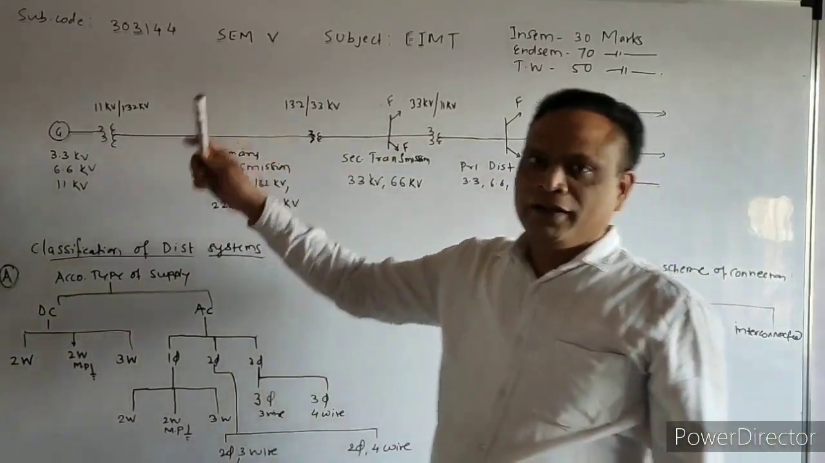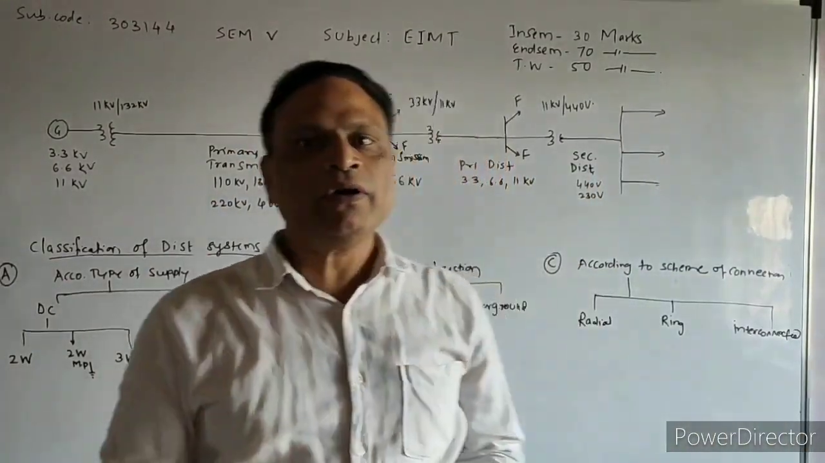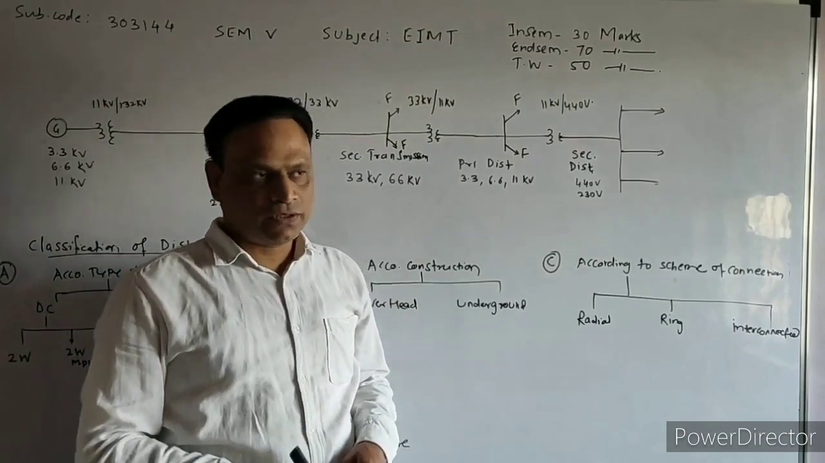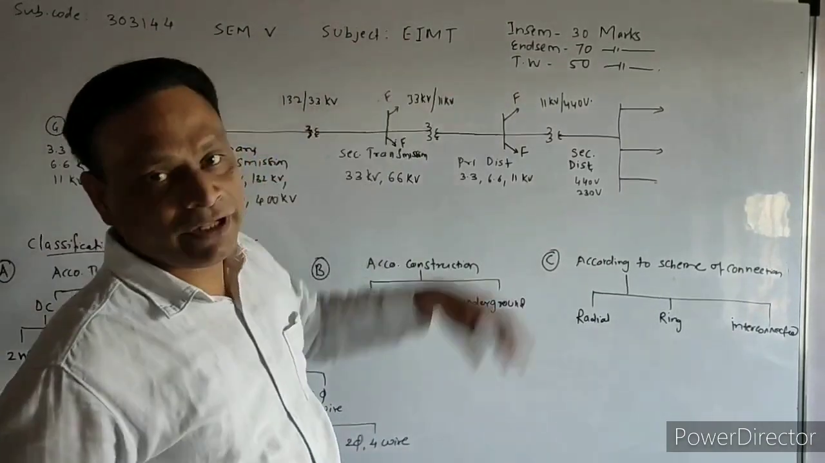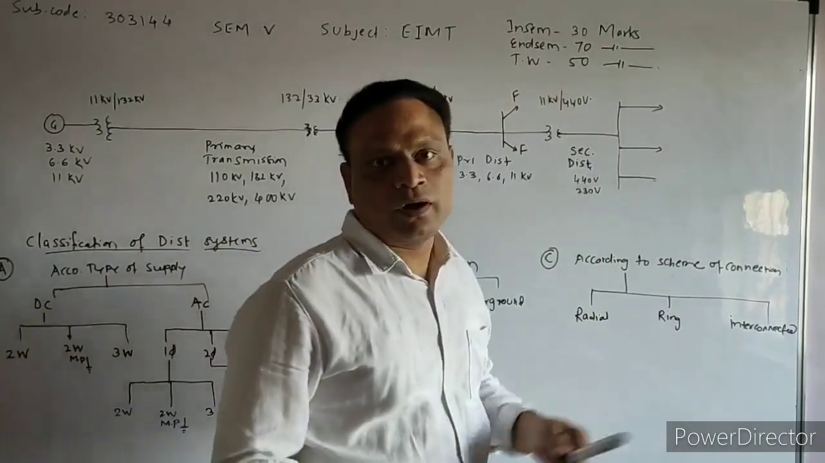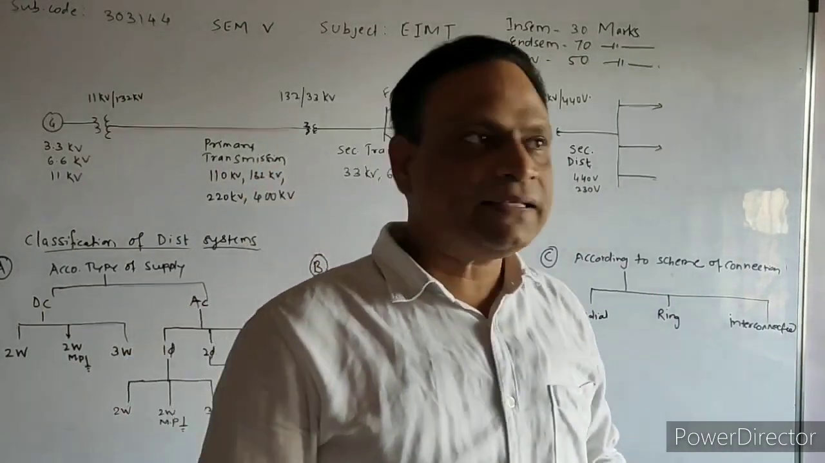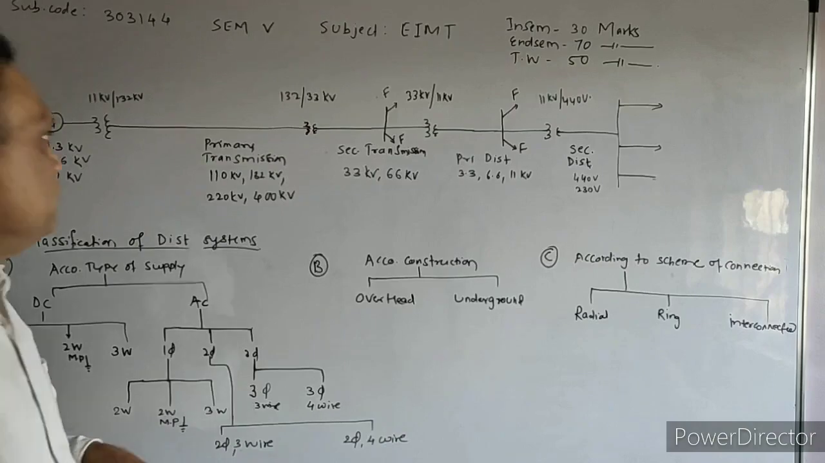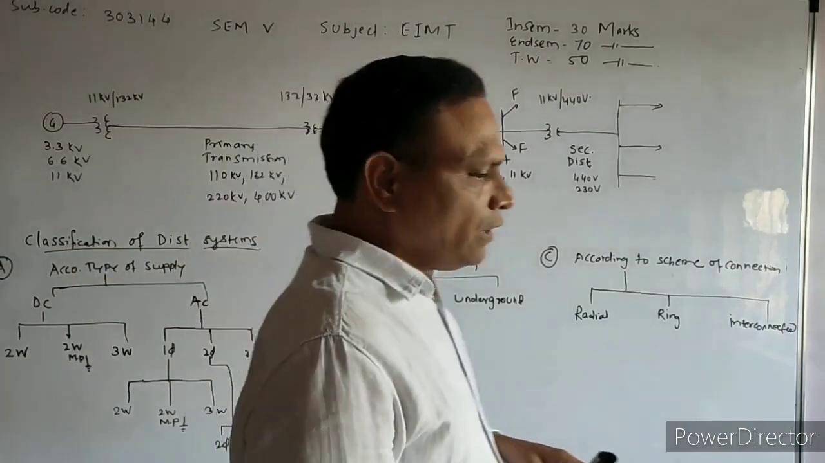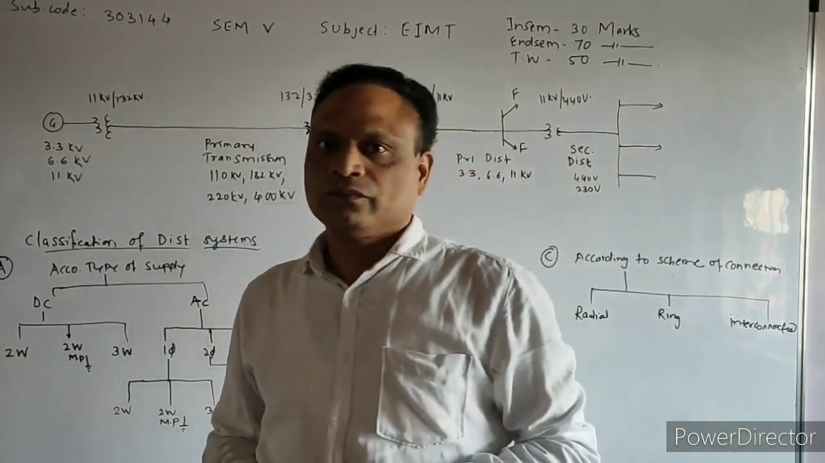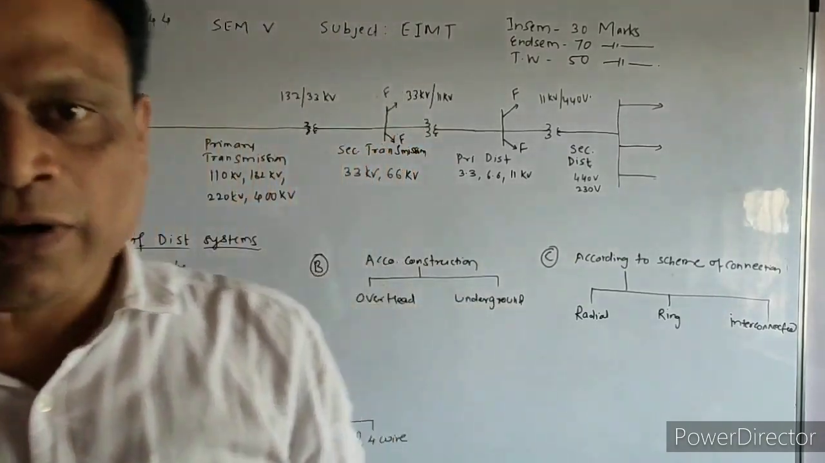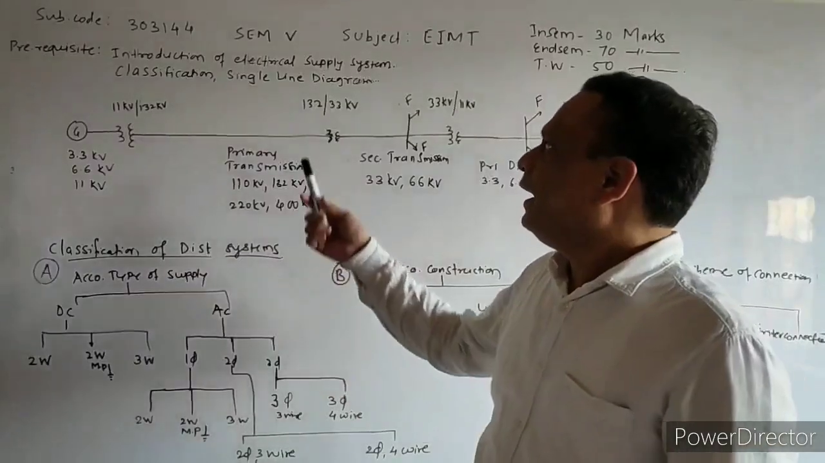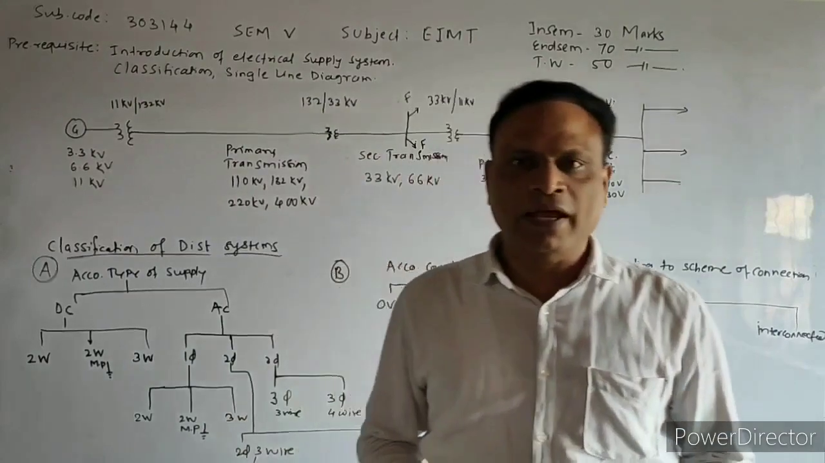So now we'll start the prerequisite of our course, that is EIMT. We have already seen our marking scheme. We have also seen what is the subject code and all these things. Now first, our prerequisite, we have already discussed. Our prerequisite was introduction of electrical power supply system,